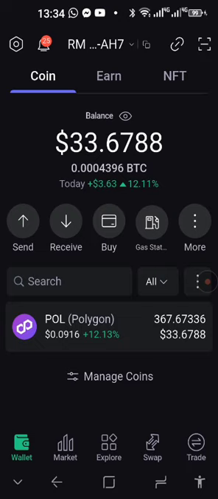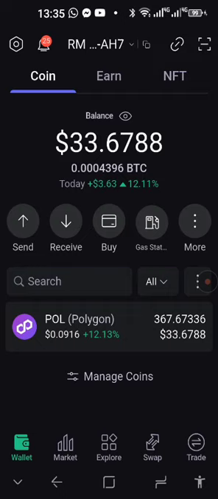So there was a huge increase. You can see that 12% in Polygon. All the cryptos today, there was a huge increase in their values. So you will need 362 Polygon to register, plus a little bit of extra for gas fees, the transaction fees, but that's the minimum. When we started it was $27.